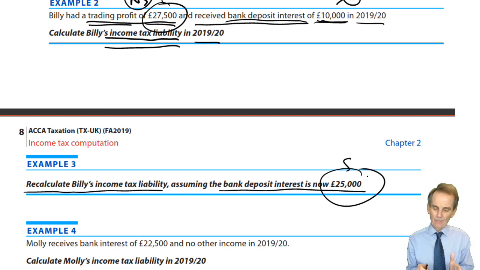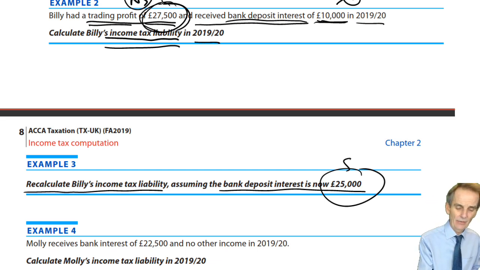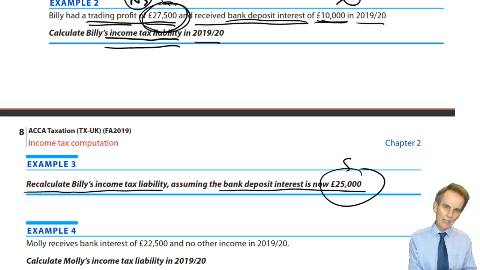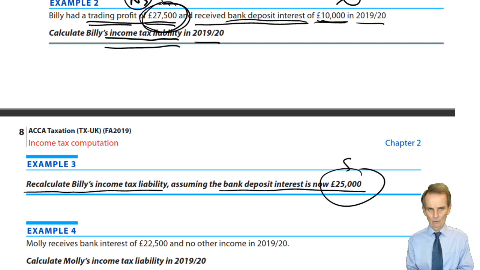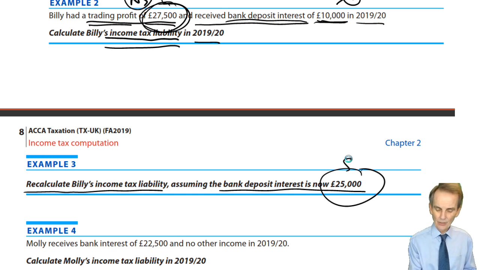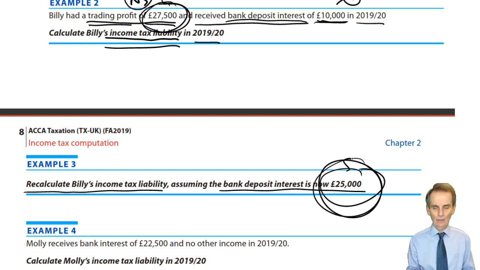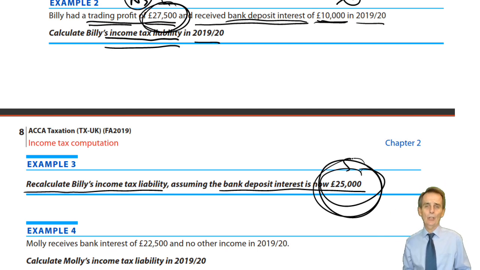So what does it mean? We know we got the 27.5. We know the personal allowance goes firstly against it within your overall total. We know that that left you with £15,000 of taxable non-savings income. What did that mean? It meant there was no 0% starting rate band to apply against your savings income. What it now also means, given that the savings income has gone up to 25, you become a higher rate taxpayer. The next issue as regards the taxability of your savings income comes into play.